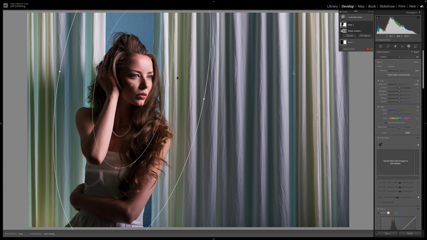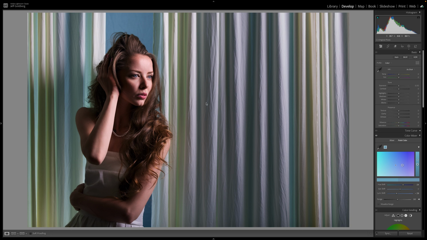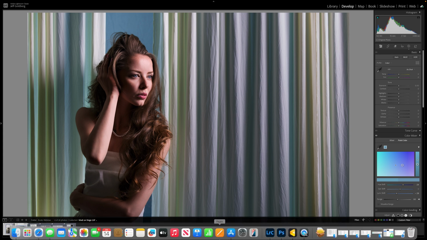I'm not in love with the wrinkles on the curtain, but I'm not going to go through while we're here and edit those out. But that's something I would probably go back and play with and see what I can edit out. On the other one,